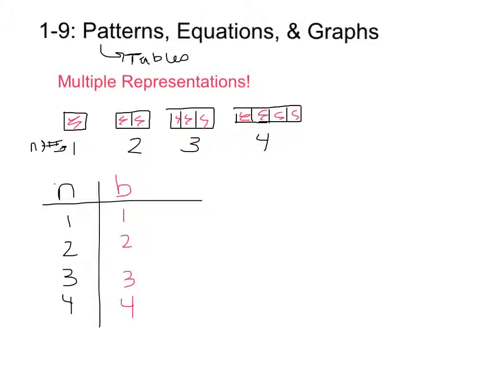So if I was looking for the nth term, I could also say it's going to be n as well. Okay, my n and b are the same. So what I can do then is create a graph. Say, okay, if I was doing a graph where my n values might be here, because they're the independent variable, and b is the dependent variable. The number of blocks depends on what figure number it is. I could say then that if I were to plot this out,